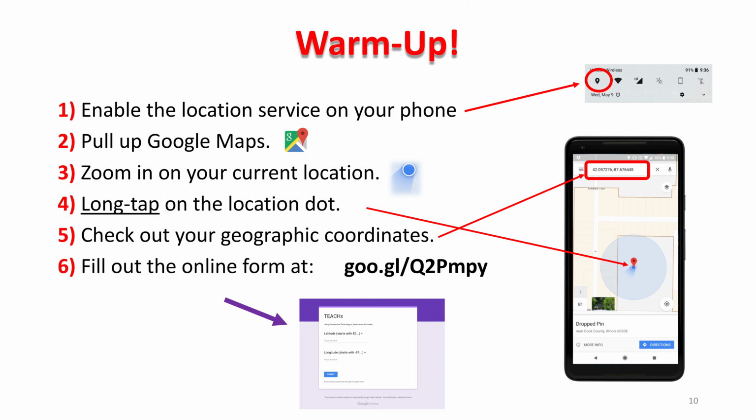Just long tap. Keep your finger on the blue dot. Long tap the blue dot, and you'll see a red pin over there. On the top, after you do that, you'll see the geographic coordinates of that blue point. The number that starts with 42 something is the latitude, and the number that starts with minus 87 is